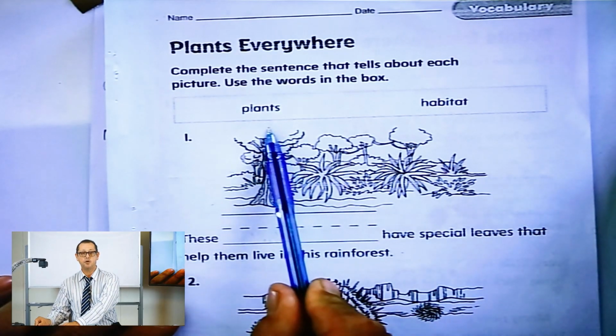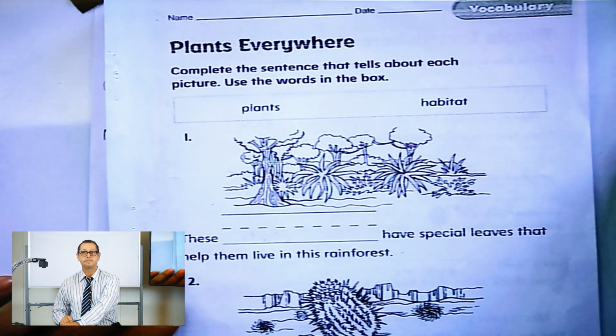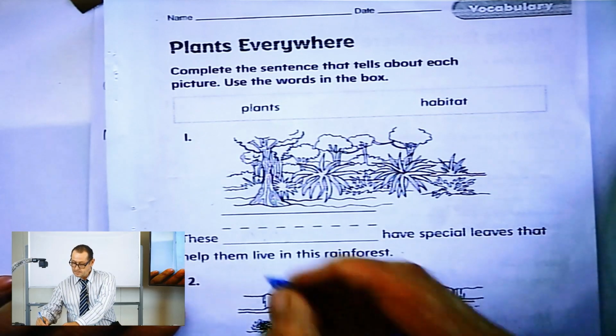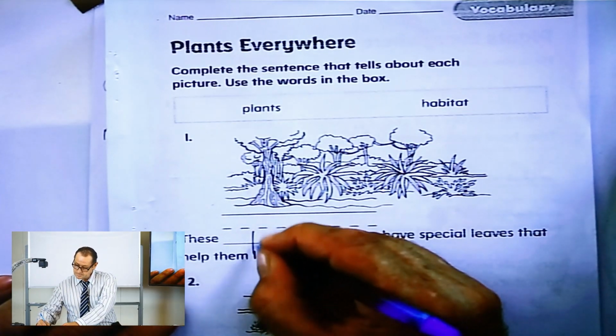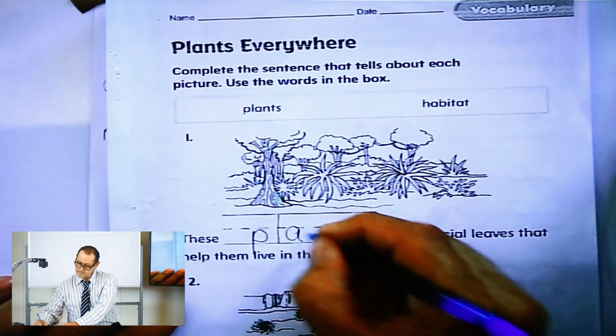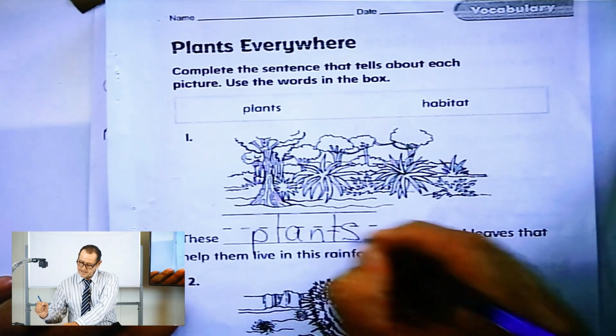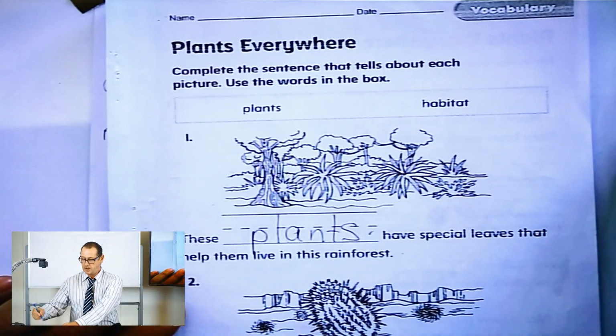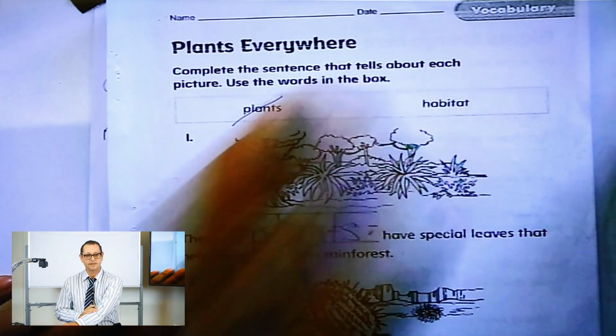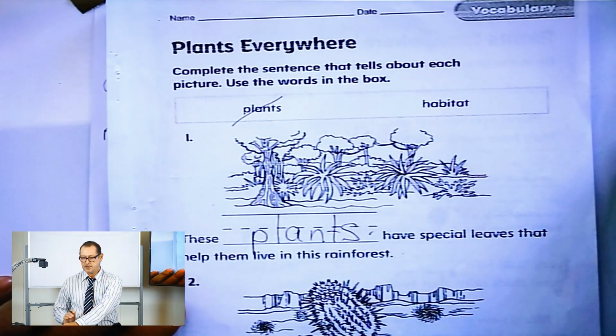Is it plants or habitat? Plants. It is plants. Excellent job. So I can cross off plants. So the next question is,